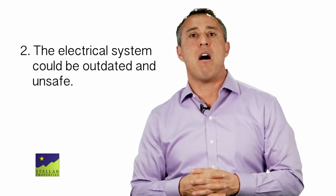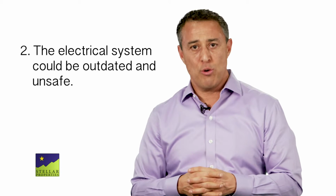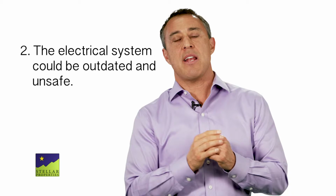The second thing to look at is the electrical systems. Oftentimes these older homes will have aluminum wiring or knob and tube wiring, so it's important to have an electrician come in, check that out, see how much of that old wiring exists and how much it's going to cost